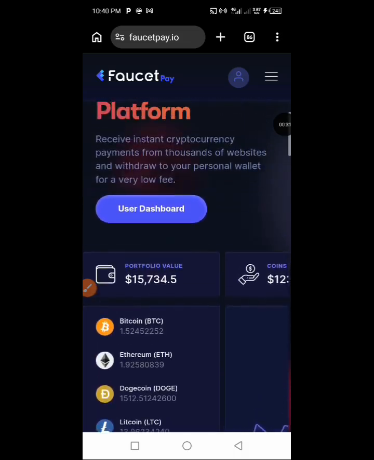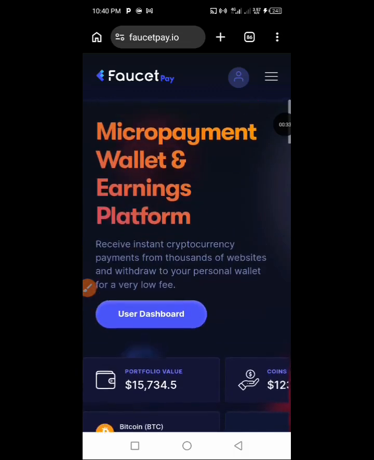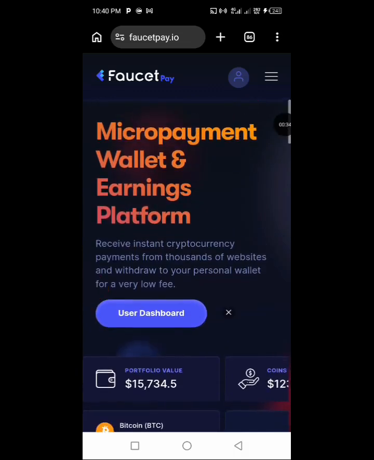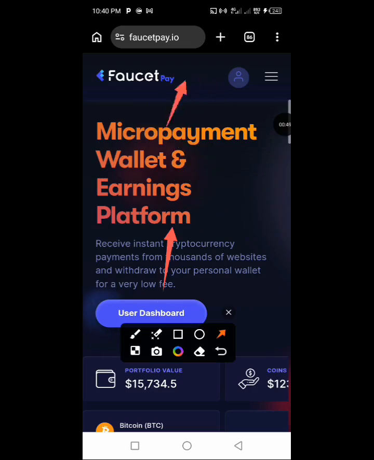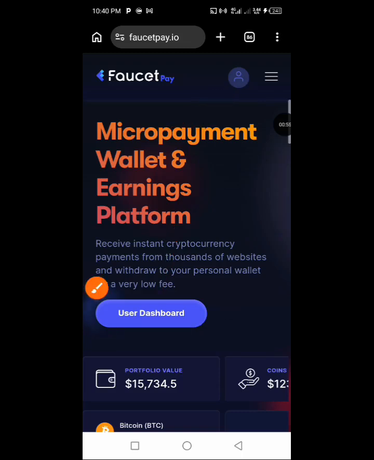Now, for you to be able to copy a wallet address, first of all, you will just use the link I'll be dropping in the video description to access the website, and then you can register. If you never had an account before, just use the link and register, and then you open the dashboard. It's gonna be like this. Then afterwards, just click on where you have this profile right here. Tap on it,